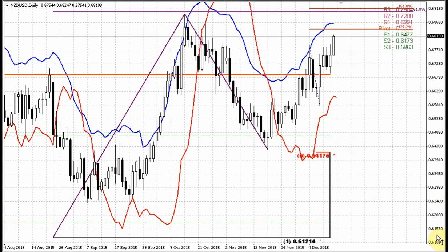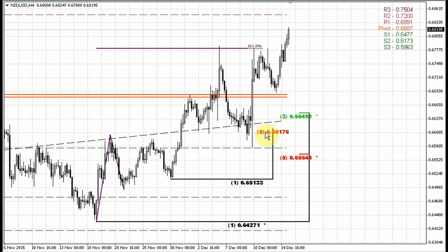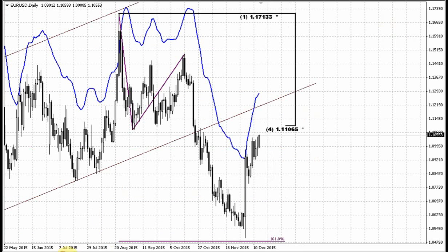On the euro currency, just to complete with the New Zealand dollar, our entry right here, where we discussed the entry point on the confluence support, was really correct, and right now we're standing in this upward direction. On the euro currency guys, our discussion of the possible continuation to the upside with the failure of this bearish body here was correct also. As you can see, the market is gradually coming to the upside,